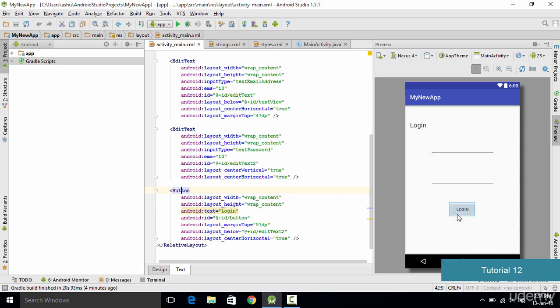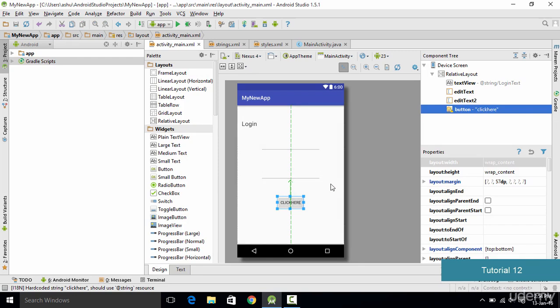So let's say you want to change the text from login to, let's say, click here. We simply type in click here, and as you could see, the text has been changed. Even if we switch to the design view, you could see that the text in the button has been